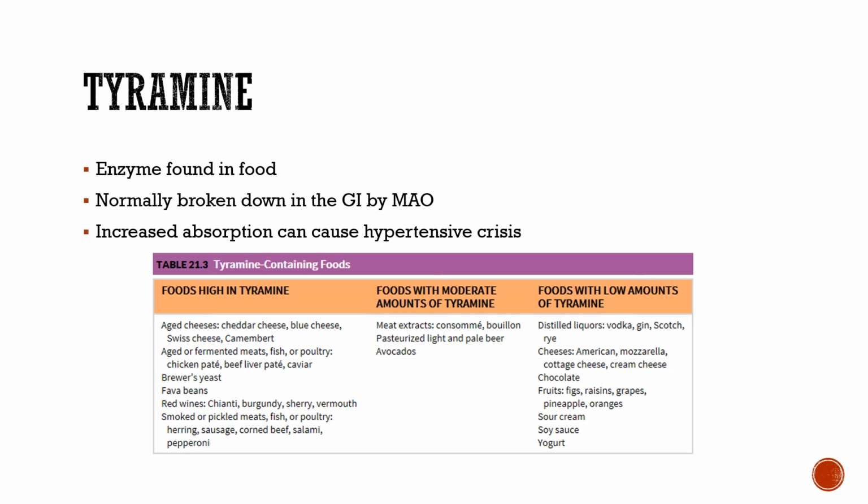So please look this table over and just get a general idea of these meds. If it's smoked or aged meats or cheeses, forget it. That's high in tyramine. For the most part, alcohols, anything that's fermented or cultured, such as yogurt, sour cream, cottage cheese, all these things are fermented and or cultured, and they're higher in tyramine. So that's a good way to think about it. If it's been fermented or aged, pickled, usually they need to avoid that.